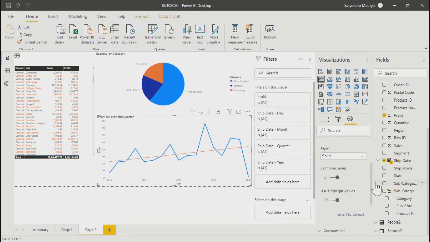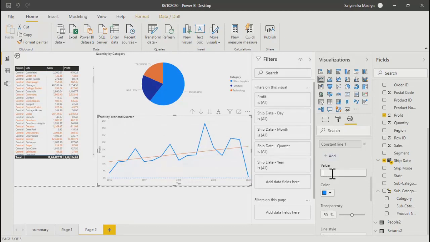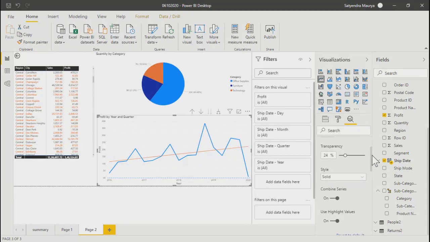Now let's say I go to the next option called constant line. Over here you can add a constant line, and you can define one value, some number. So let's say I put it at 30,000. I have put it at 30,000.